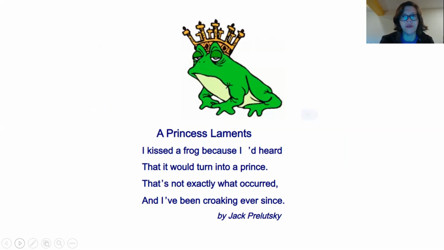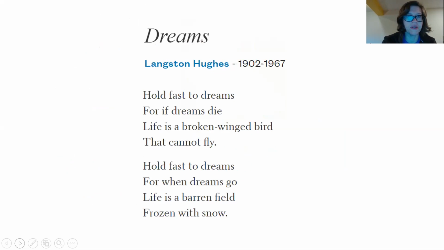Here's an example of a humorous poem: A Princess Laments. I kissed a frog because I'd heard that it would turn into a prince. That's not exactly what occurred, and I've been croaking ever since. That's a humorous poem. Here's an example of a poem by Langston Hughes, who was a famous poet from 1902